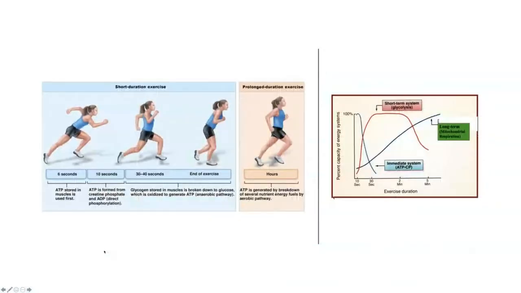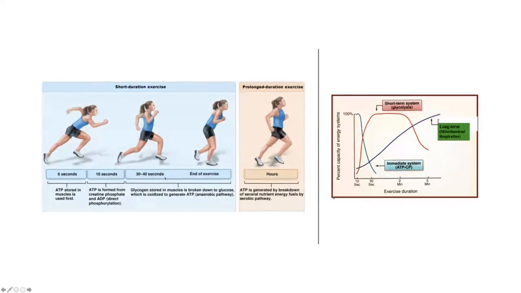Okay, and something that I'm sure you know very well is for how long we can use the different systems. First, for seconds, we use the ATP that is stored, freely floating in the cytosol of the muscles. Then we use the one provided by the creatine phosphate system for 10, 15 seconds. Then we can use the glycogen that is stored, or glucose from the blood, in the anaerobic pathway,